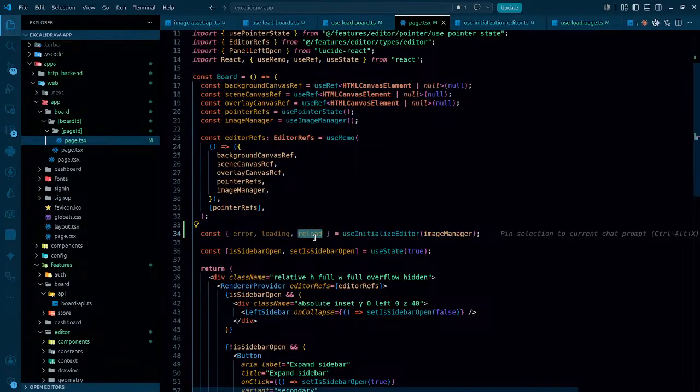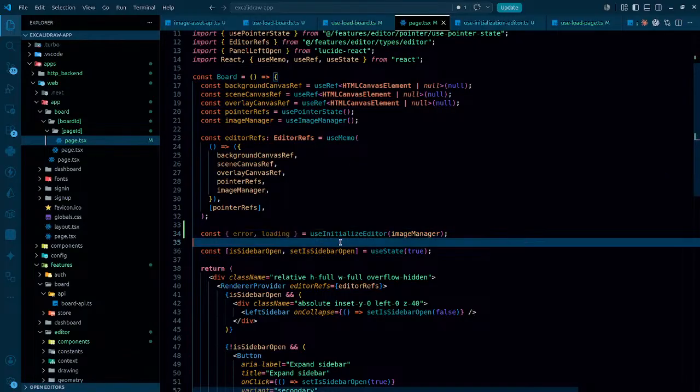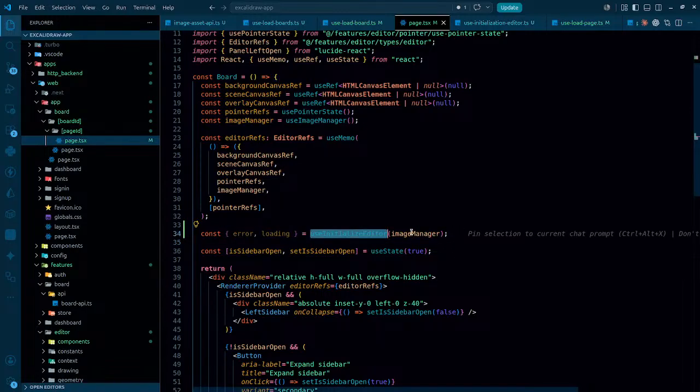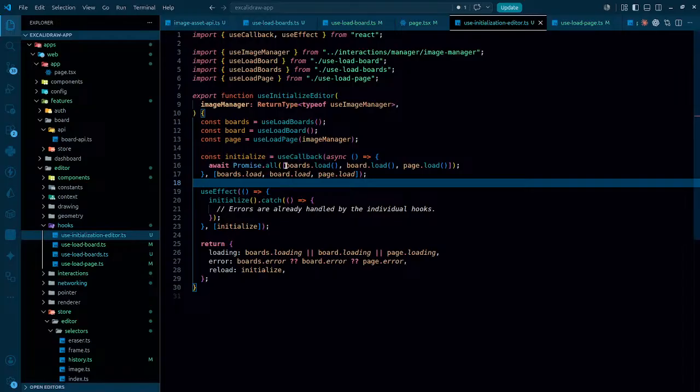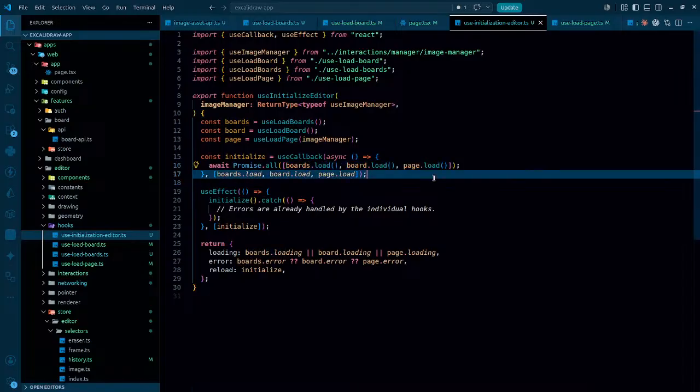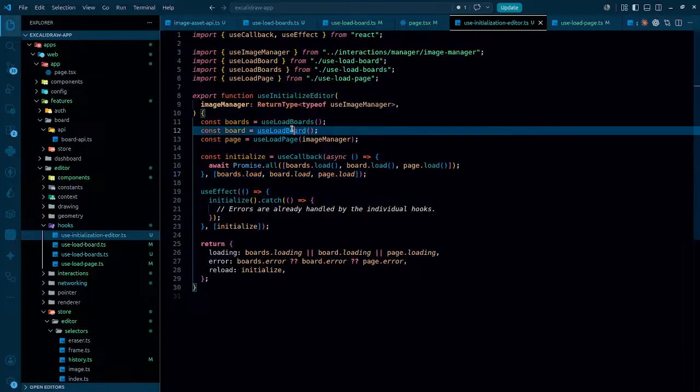I'm not sure reload is even needed, but we'll see. So we need this, but ultimately we have this use initialize editor. This editor is mainly responsible for loading the board, and this. When it comes to just loading a board,